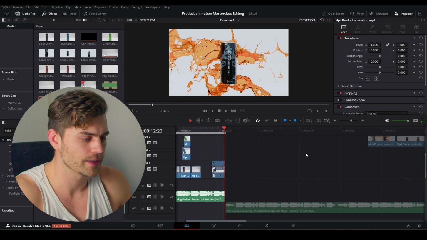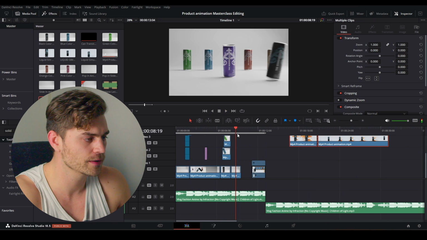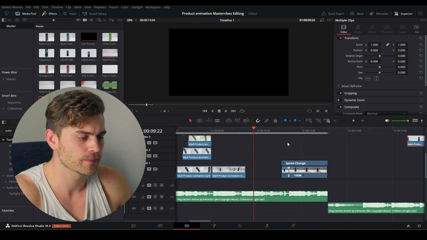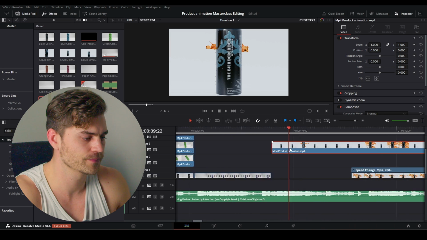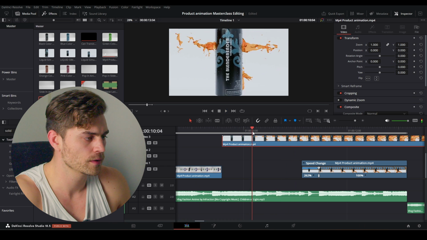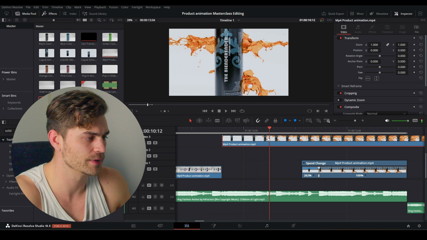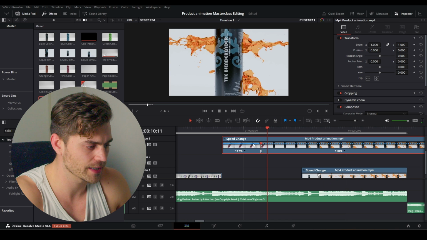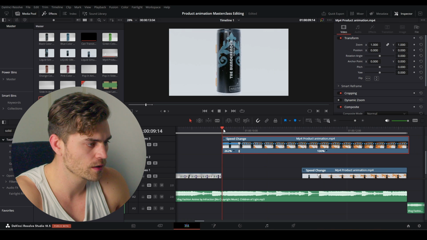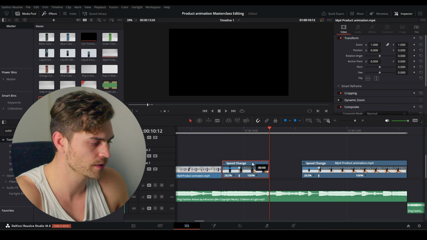Looks cool. And now we have to use those other two renders to fill up the rest. So right over here. And let's see what we can do with this. First I'm going to do this one. And I also want to speed ramp it. So let's see, this can be fast. And then we slow it down over here. Control R, add a speed point, make this 260%. Cool. Just going to cut it somewhere random for now.